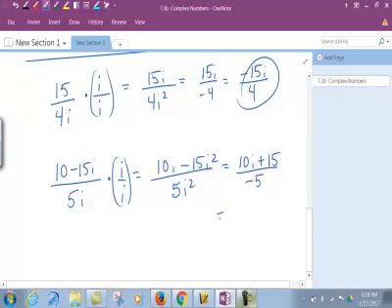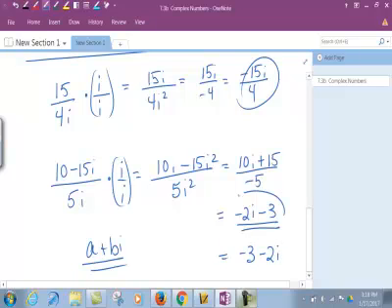And so then what we're going to do is simplify by dividing through by a negative 5, and we get negative 2i minus 3. And if that bothers you because our complex number is always in the form a plus bi, you could also write this as negative 3 minus 2i. Either of those answers is acceptable. Okay, there you have it,